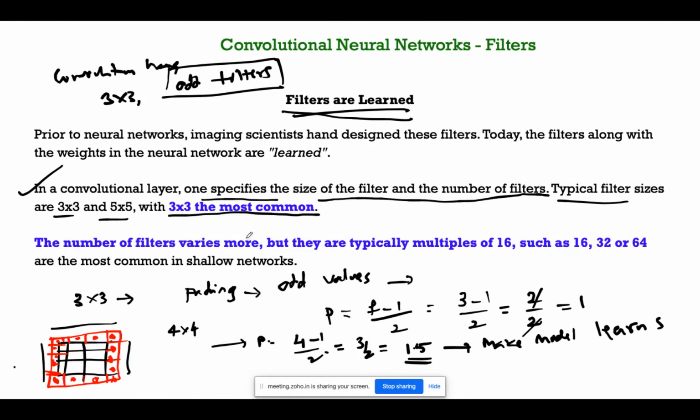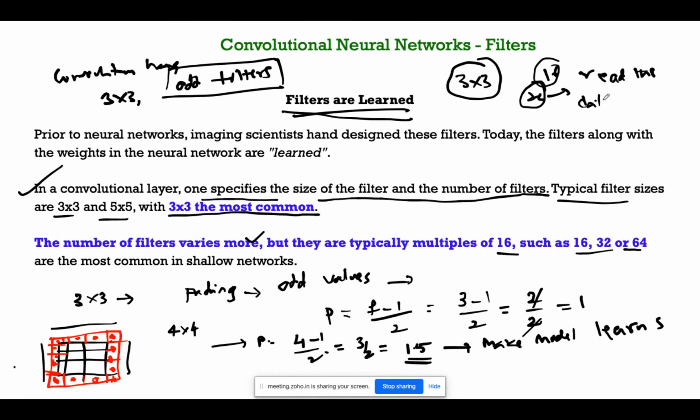The number of filters varies, but typically multiples of 16, 32. Like if I have a 3 by 3 filter, I can have 16 filters, 24 filters, so that I can read the data faster, more information.